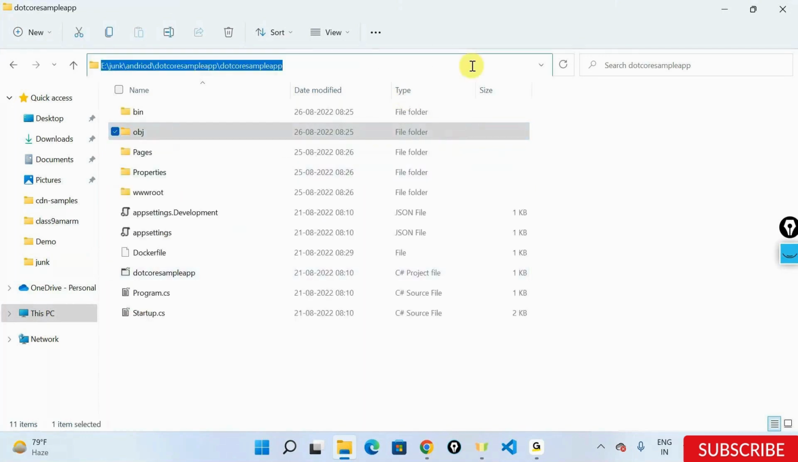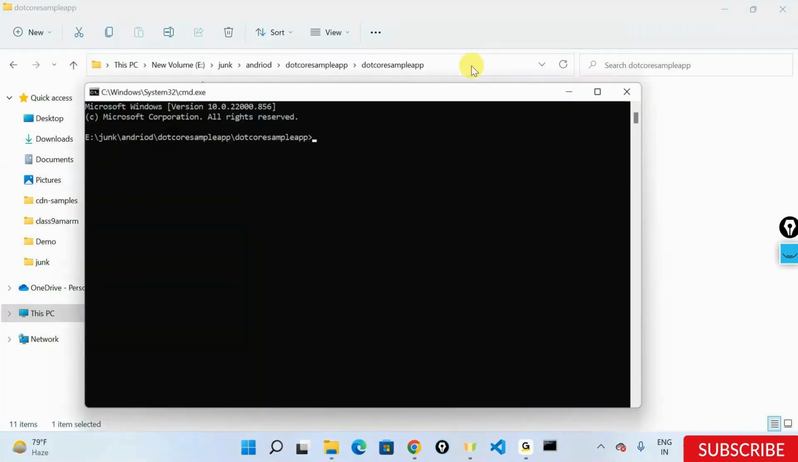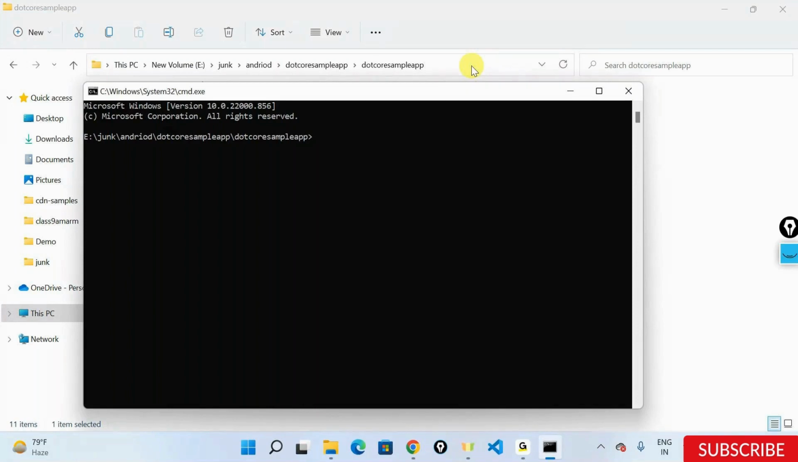And on my local machine, if I open up the CMD, I can do a .NET restore. Firstly, this is just going to go ahead and understand what the project is and restore it, and it's telling me all the projects are up to date. Then I can do a .NET build